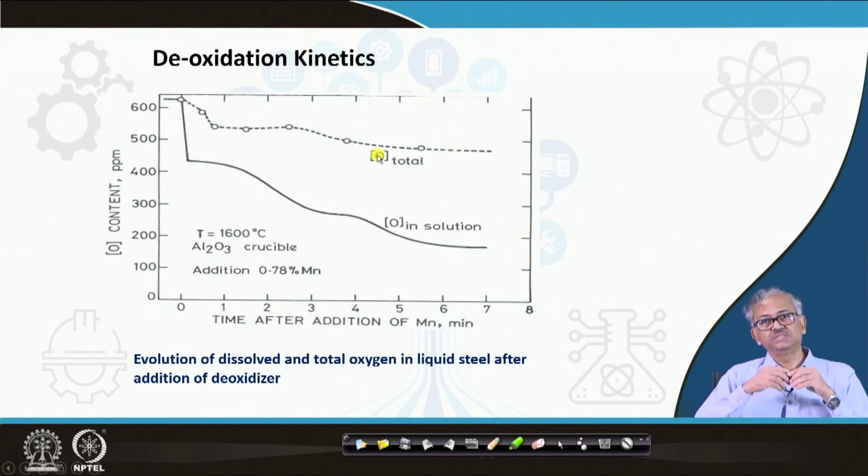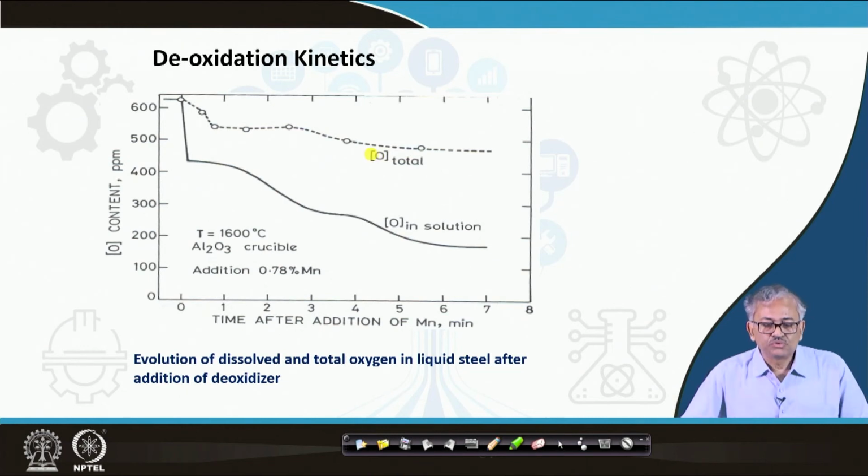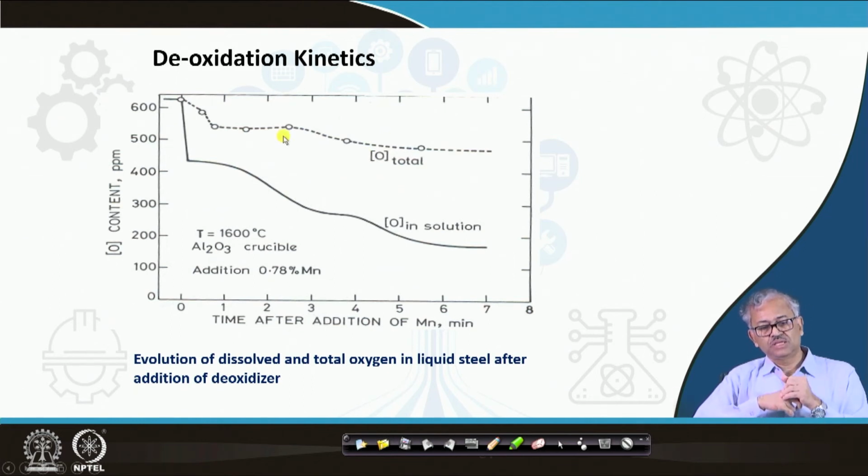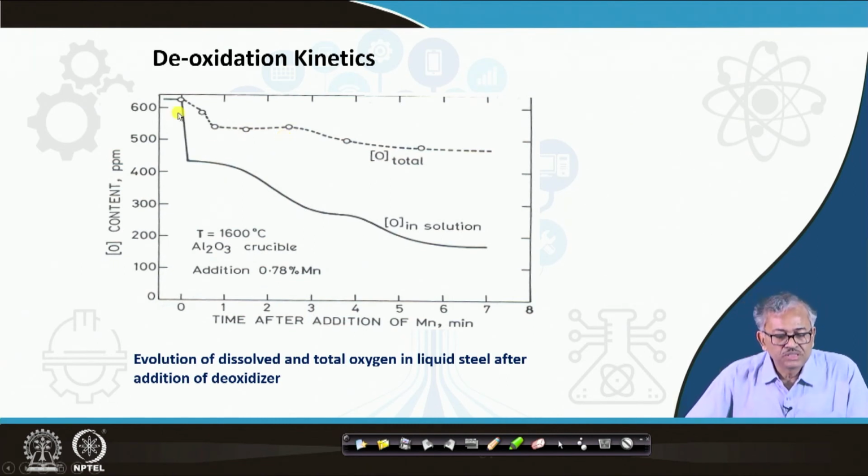Total oxygen means dissolved oxygen plus oxygen that remains in the liquid bath in the form of inclusions like alumina, silica. So combined oxygen. So total oxygen is the dissolved plus the combined, and you can measure the total oxygen by chemical analysis. And to measure dissolved oxygen, you require a special probe called the Stokes probe. It is basically a solid electrolyte shell. We will come to that, and using that probe you can measure the dissolved oxygen, and total oxygen you can